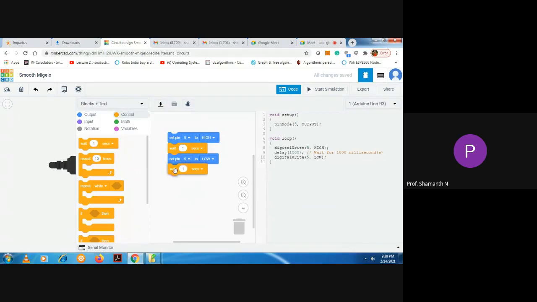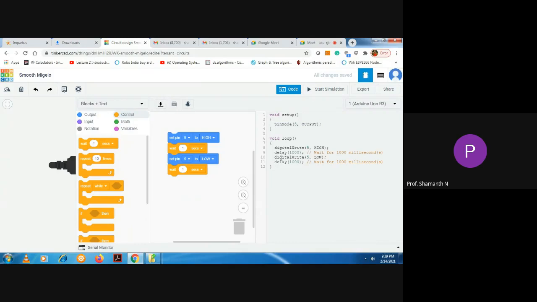So this completes our Blink LED project. Let us see the Arduino code. As I told, in the setup function we have a command called pinMode. This pinMode function sets pin number 5 to output. Then we have the void loop function.